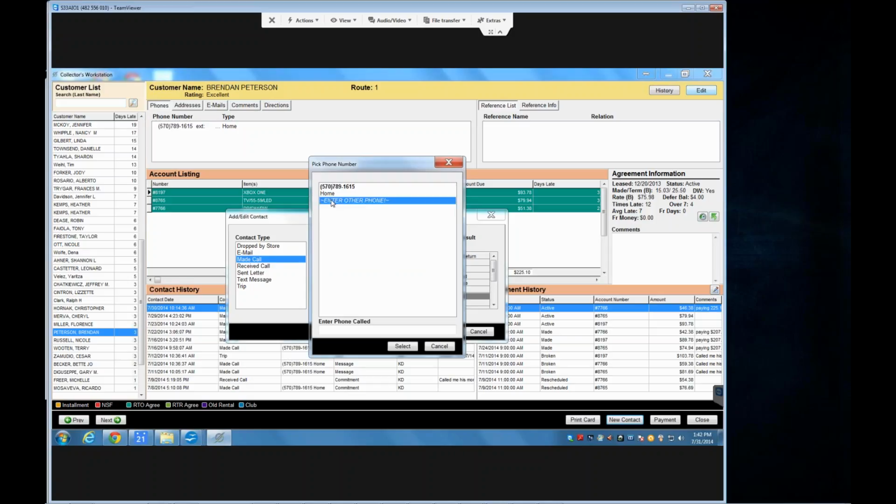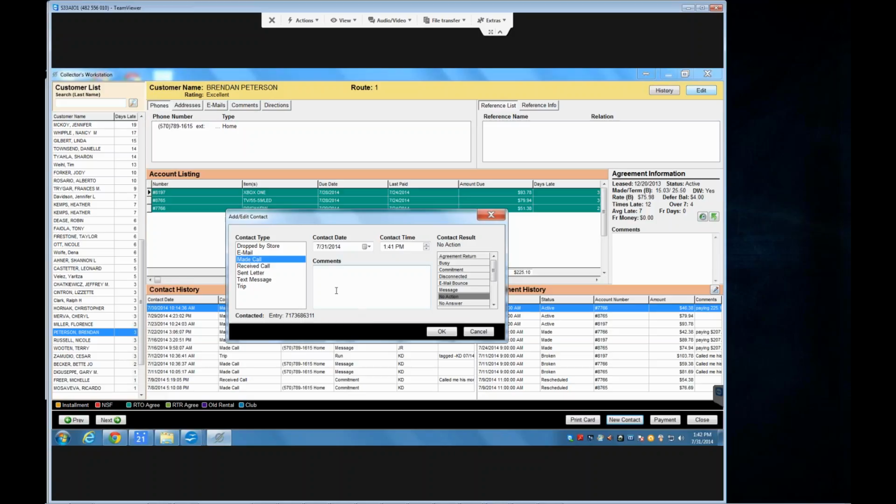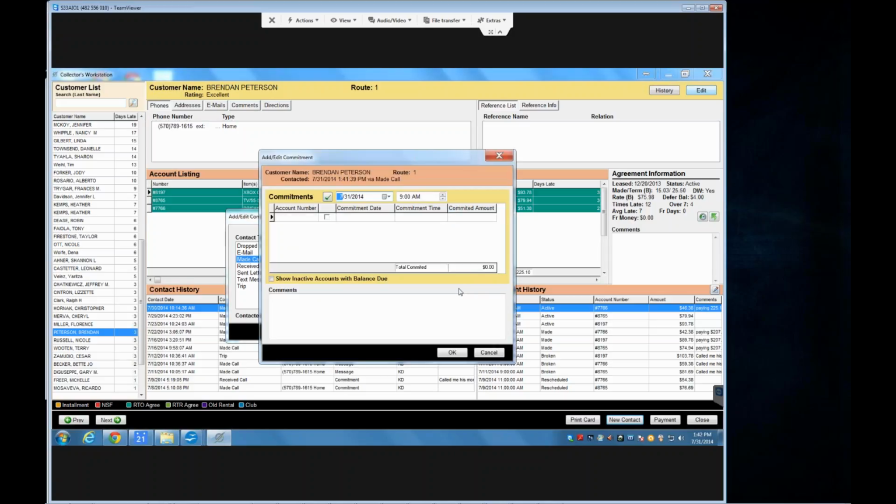Okay, I could type in like right down here, 717. There's a new phone number, and then I type in the date, time, and then what the result of that phone call was. So maybe it was busy. Maybe they made a commitment for me. Okay. Then it asks me what the commitment is. Now, an important thing to remember about the commitments is,